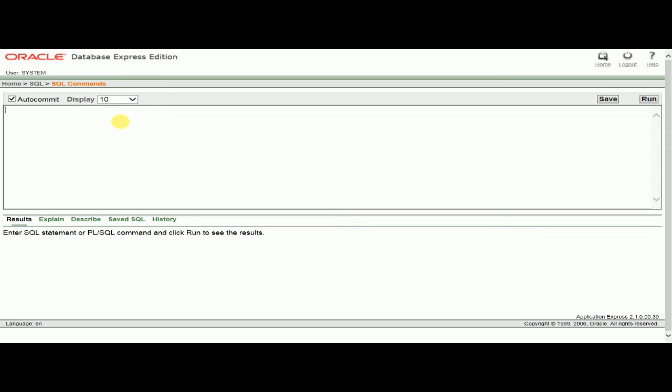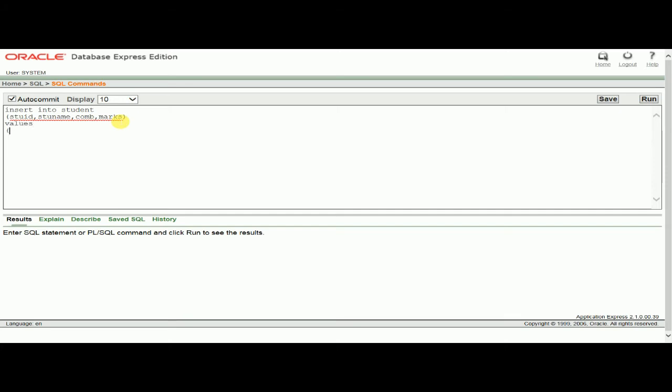Now we will insert the data into the table. So insert into student, next bracket open, with the columns I am inserting: student ID, comma, student name, comma, combination, comma, marks, bracket close. Now I write values,